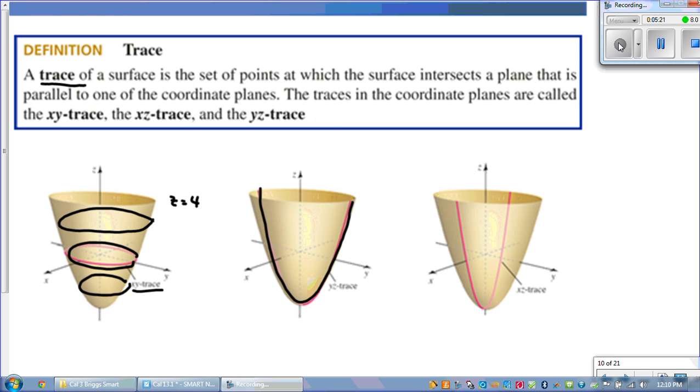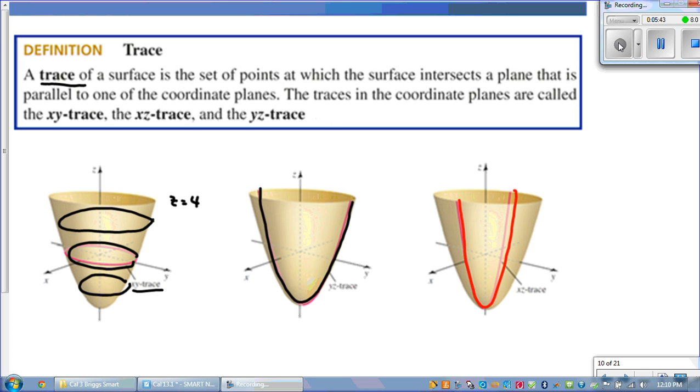So we're actually intersecting this paraboloid with the xz plane, and we get another parabola. So we know the trace with the xz plane is a parabola, the trace with the yz plane is a parabola, but the trace with the xy plane or planes parallel are circles or ellipses, then we can visualize that